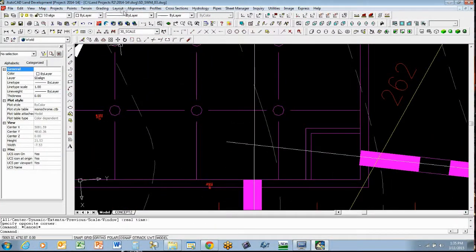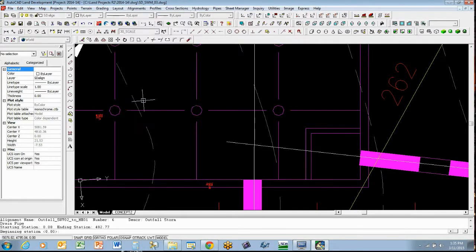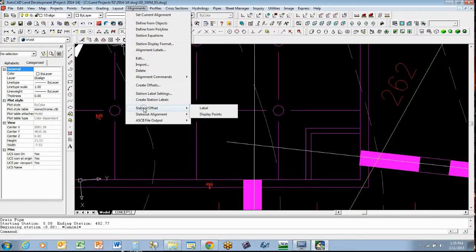And because we know that we're working along this alignment, the long one, we're going to begin to insert station labels for that particular alignment. And so we're going to say create station labels, and it's going